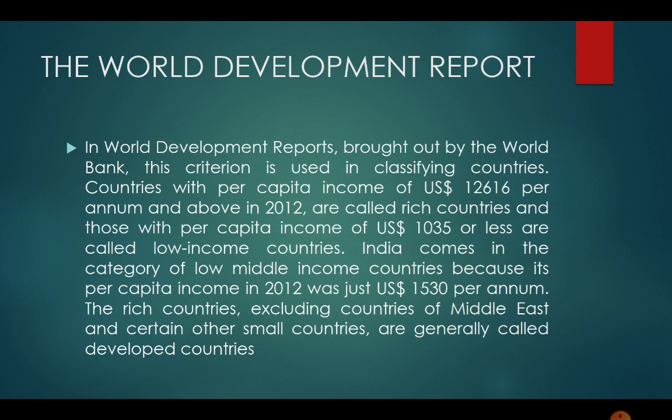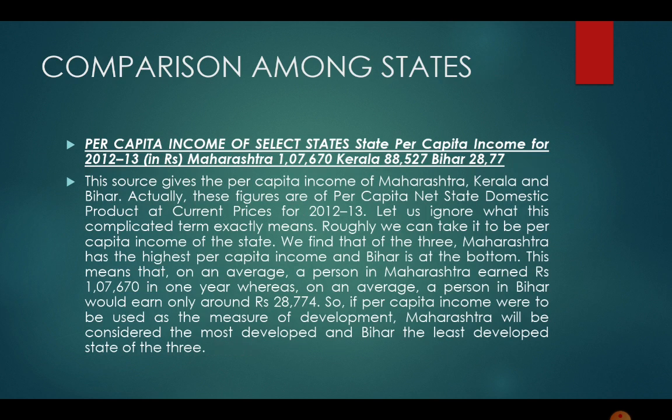But here we have 1530 US dollar average. The rich countries, excluding countries of Middle East and certain other small countries, are generally called developed countries. Comparison among the states. So for that, let us first have a look on this data of per capita income